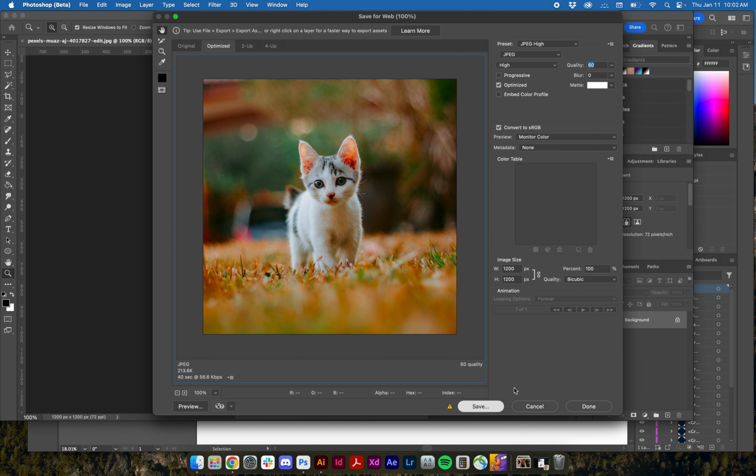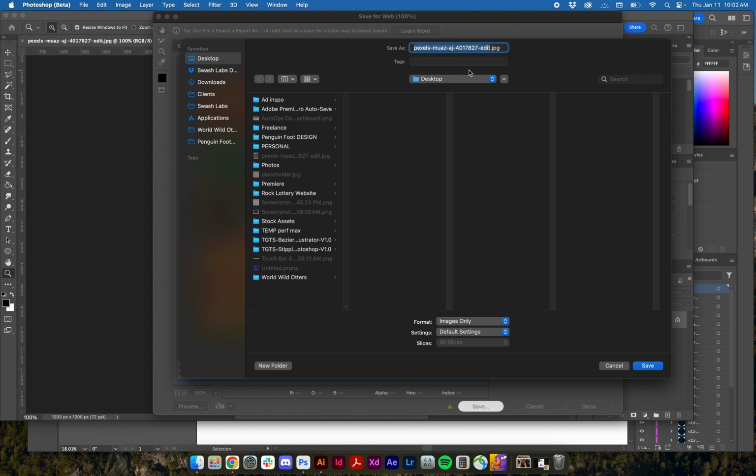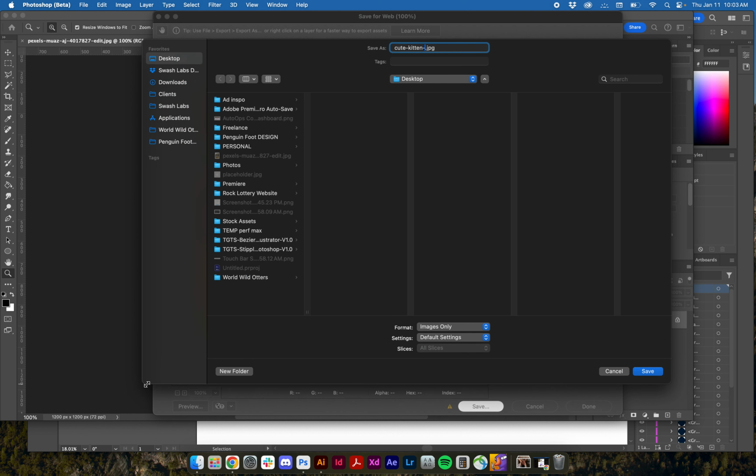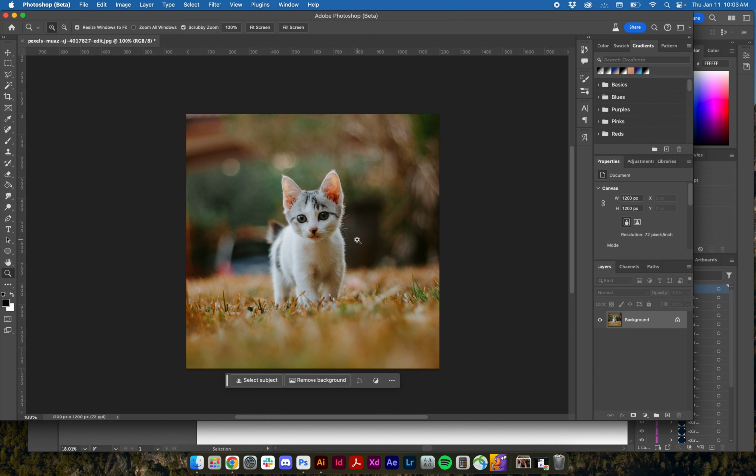And when my save dialog pops up, this is a great time to change your file name to something descriptive. This is just a best practice for SEO. So cute kitten, cute kitten works. So I'm going to save cutekitten.jpg, and that photograph has been properly saved for web usage. So now it's a super small file size, and it won't really degrade over time because it's gone through that